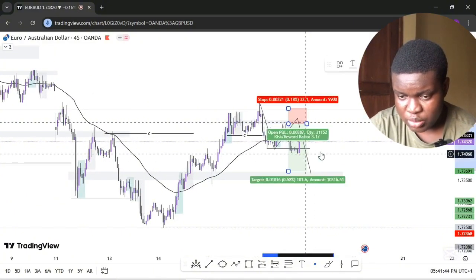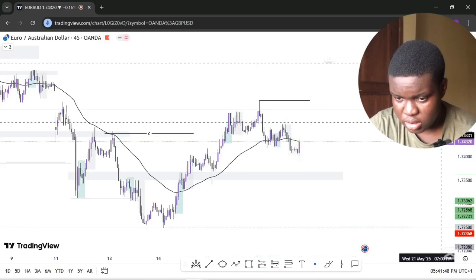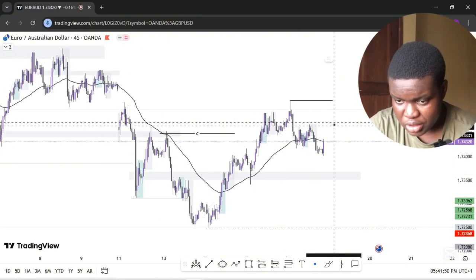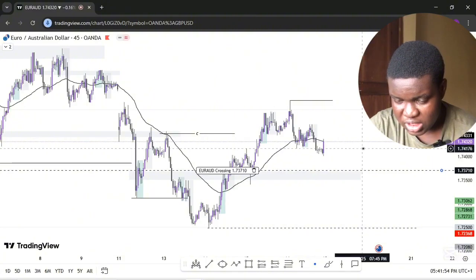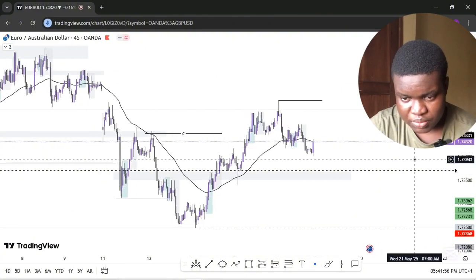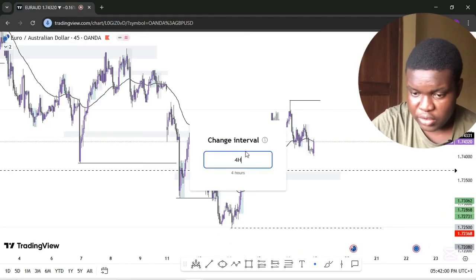So as for this, let me just delete this stuff to make the chart way more clear. There you go. So as for this week now, I'm expecting some longs on Euro AUD. Seems like we started going long already, but price hasn't yet come to where I want to enter from. So on the 4-hour time frame,